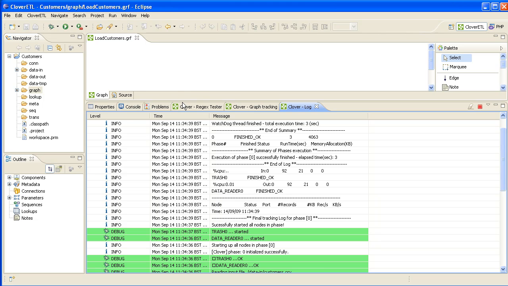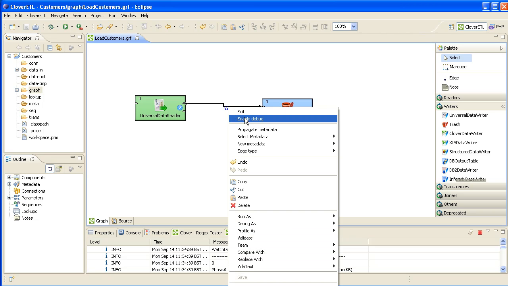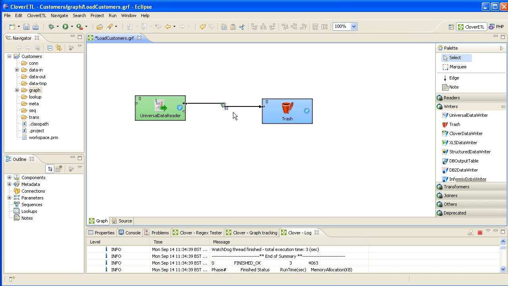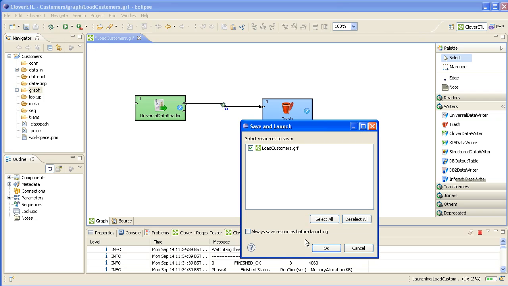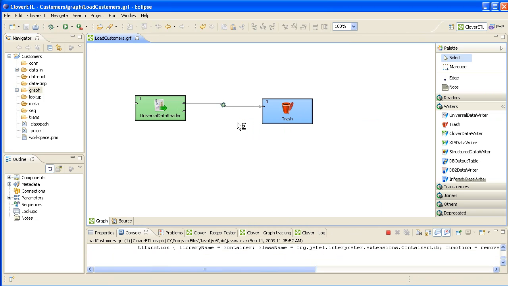Okay, the final thing I'm going to do now is show you how to debug. And you can see here 92 records have gone along this line. That's also useful information. If I right click now though and go enable debug, that puts this little bug symbol on there. Now I have to rerun it afterwards, and wherever any edge in my graph has got a bug symbol, it will generate debug information. And after it's run,